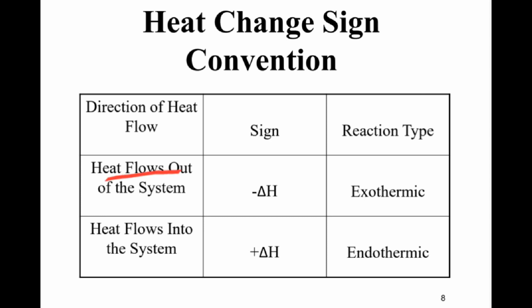We have conventions, so heat change sign convention. So heat flows out of a system. ስለዚህ አሁን direction of heat flow outward ከሆነ ከሲስተም ወደ surrounding ከሆነ the sign is negative delta H and the reaction type is called exothermic. ስለዚህ heat flow ከሲስተም ወደ surrounding ከሆነ ወደ ውጭ ስለዚህ heat energy የሚለቀቅ ከሆነ ሳይኑ ኔጌቲቭ ሳይን ይኖረዋል ማለት ነው ኢንተልፒው። ሪአክሽን ታይፑ ደግሞ ኤግዞተርሚክ ሪአክሽን ይባላል ማለት ነው።